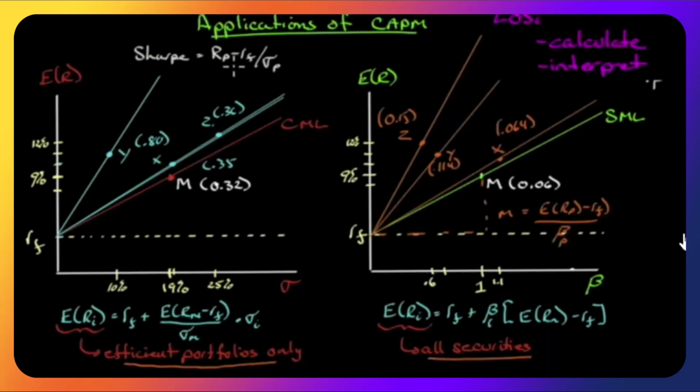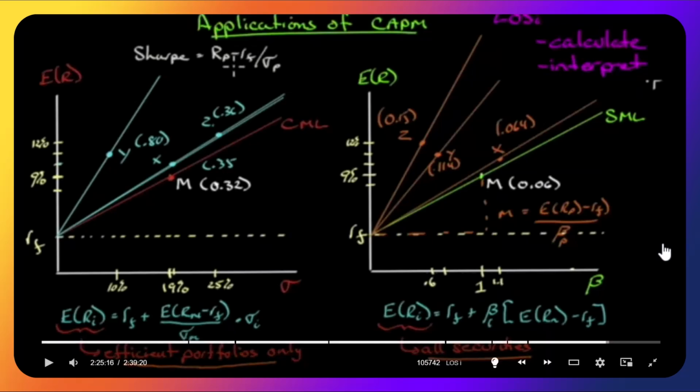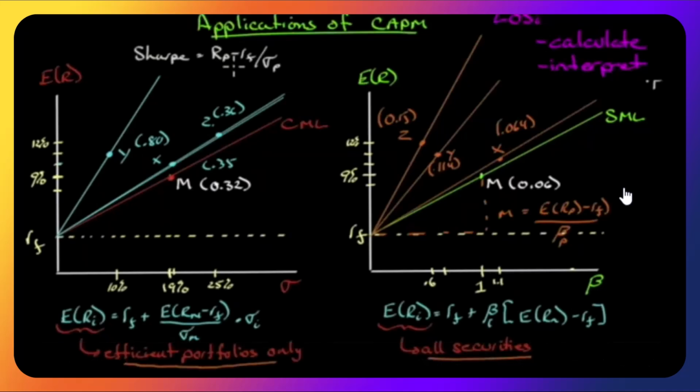0.40%. For Y, it is 0.11 minus 0.03 plus its beta was 0.7 times 0.06 equals 3.8%. Z is 0.12 minus 0.03 plus its beta was 0.6 times 0.06 in here equals